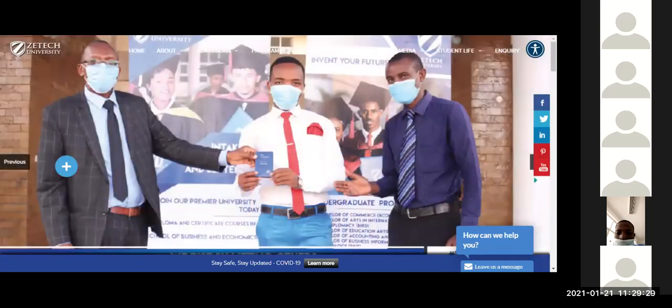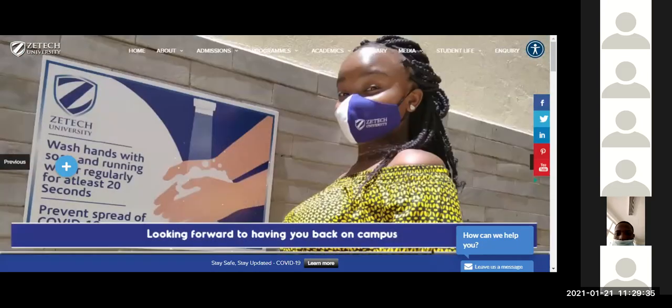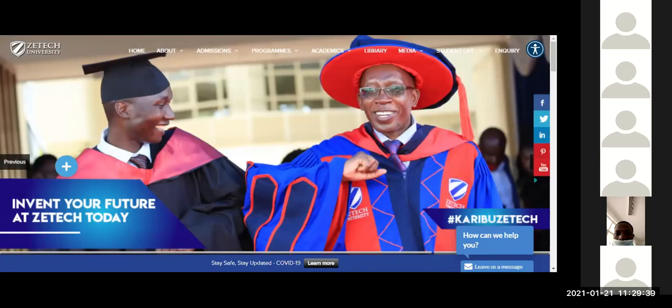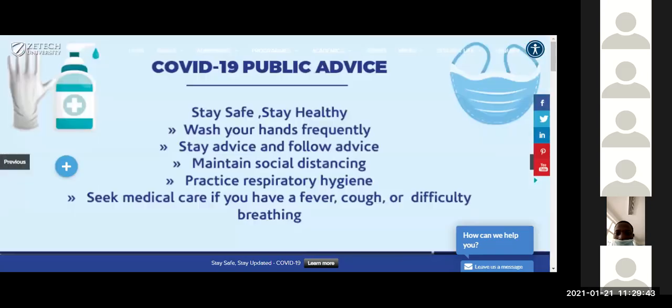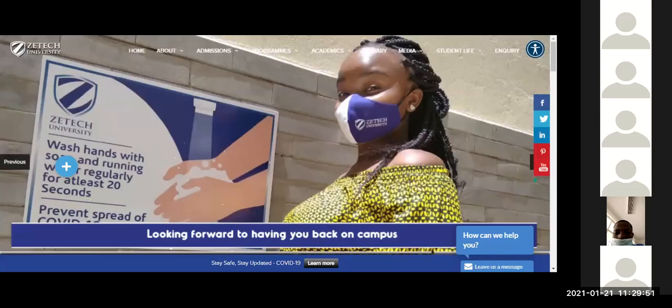Here are the databases. You can see the first one is the American Institute of Physics, Annual Reviews, Emerald. We have EE, we have IMF. For those of you in business, especially BAF, Bachelor of Accounting and Finance, you'll be using this mostly, IMF. JSTOR, we have Liverpool University Press, NSP, Royal Society,